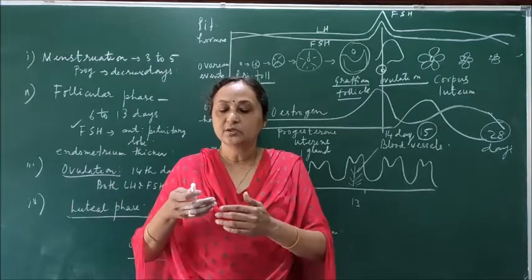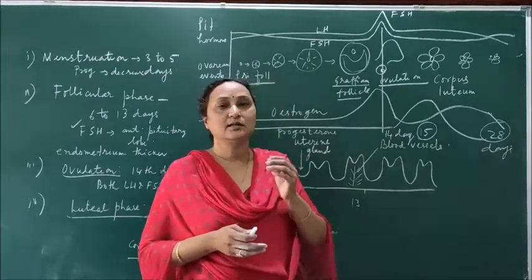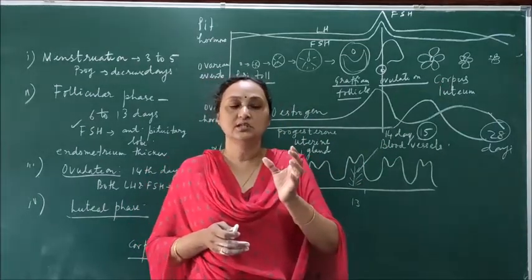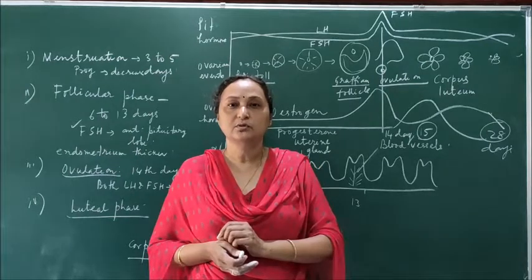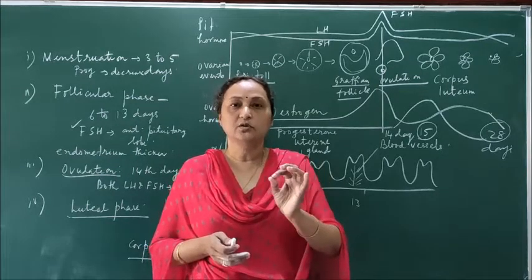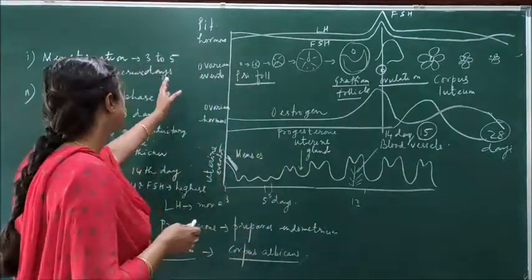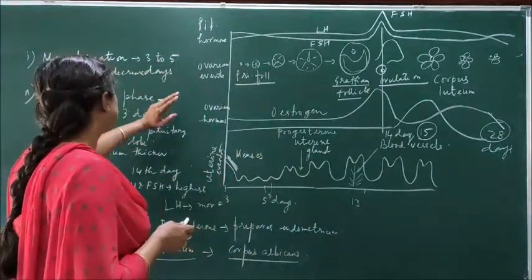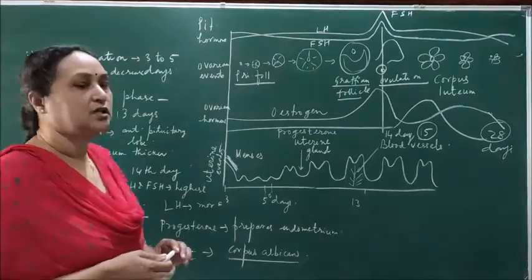So in the preparation of the endometrium there is the role of the progesterone, and progesterone is released from corpus luteum. This is also an important question, which hormone is released by the corpus luteum, or what is the role of the corpus luteum. So altogether we are dividing the cycle into 4 stages: menstrual flow, follicular phase, then the ovulation, and the last one, the luteal phase.